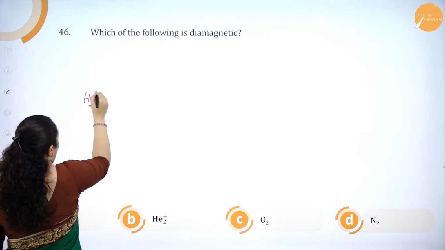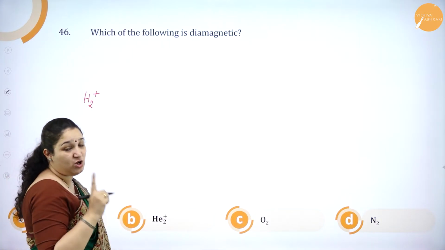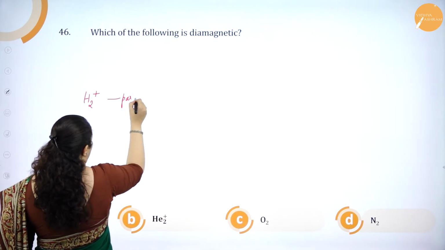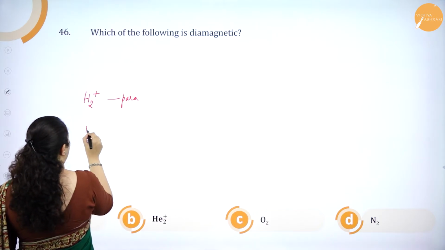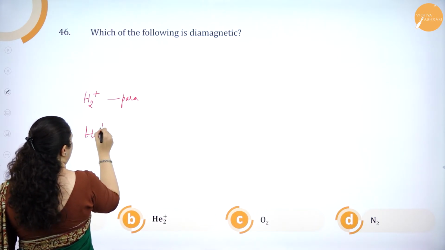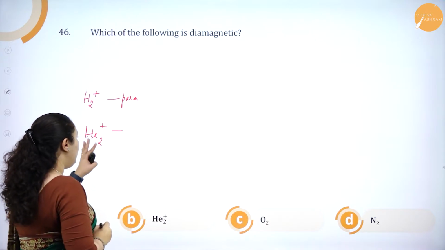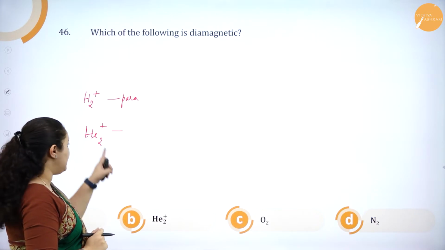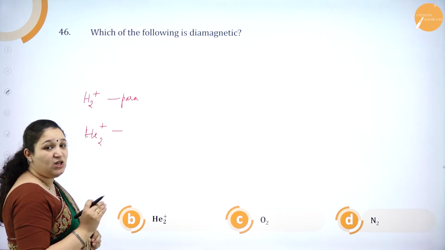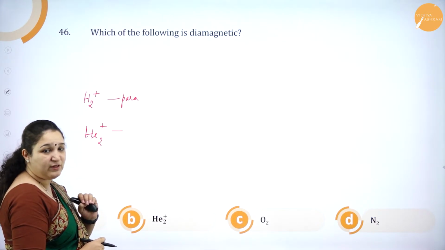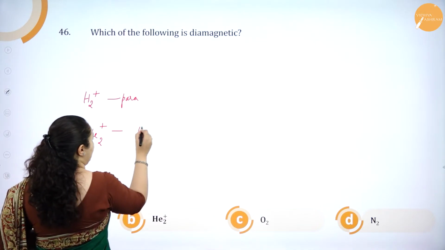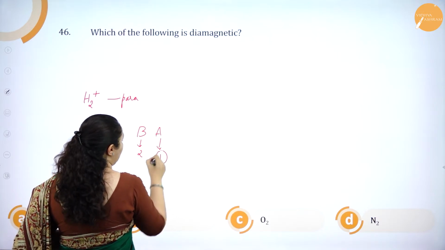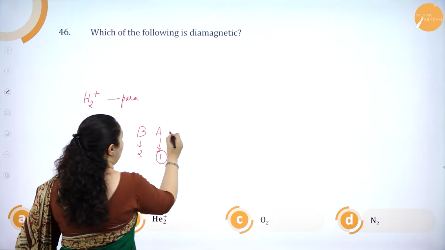Hydrogen with a positive charge. It has got only one electron left. So obviously it is paramagnetic. Next we have helium with a positive charge. So we have 4 electrons in the helium molecule. But then one is lost. That's why it has got a positive charge. So we have only 3 electrons left. 2 will go for bonding. For bonding, 2 electrons. For anti-bonding, 1 electron. So again there is one unpaired electron. It will become